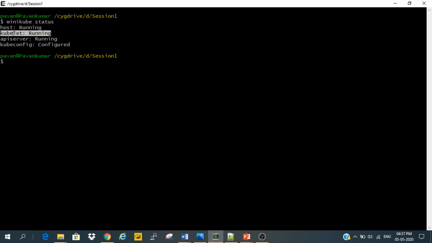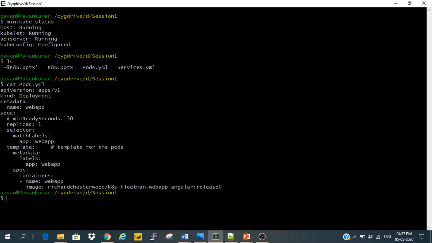Let's discuss the kubelet as well. It is a nice component, and its functionality is a little bit interesting. Let's walk through that as well, okay. Let's see our files which we have written. Now I just modified the file called pods.yaml. Earlier I changed the replication to one because for our practice purpose it's fine.